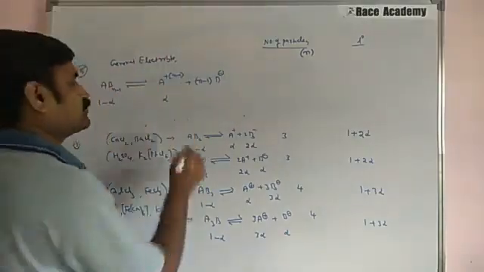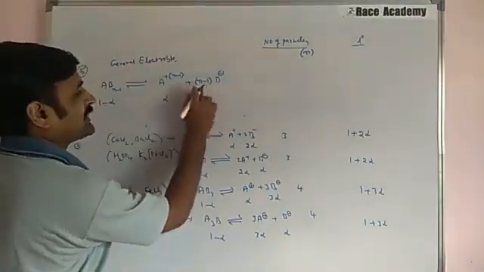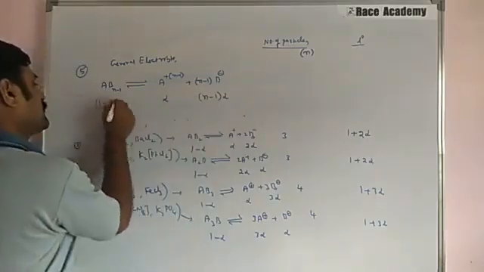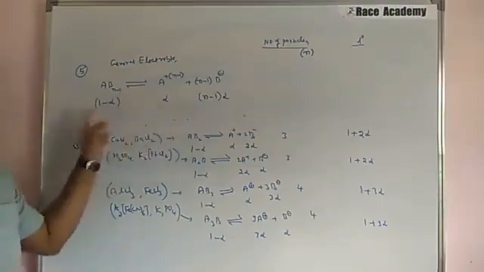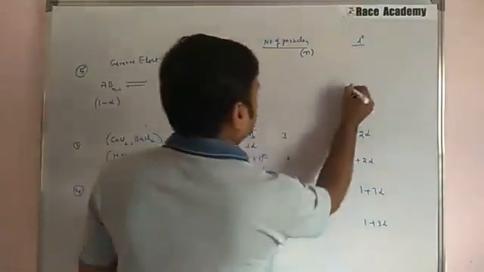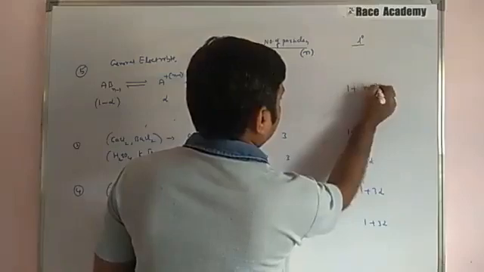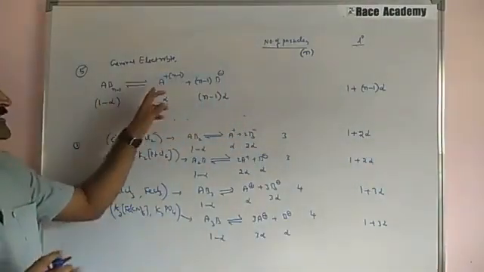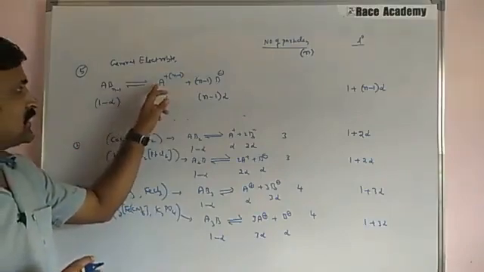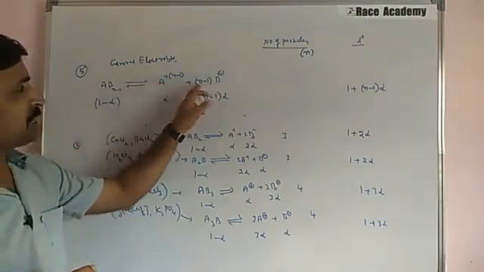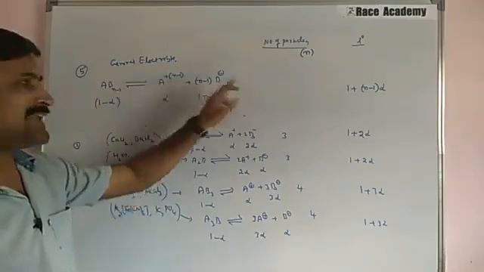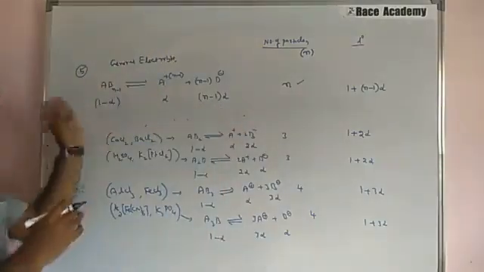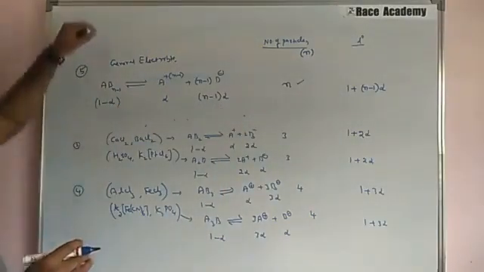Alpha into N minus 1 alpha, this is 1 mole only, this is N minus 1 alpha moles, right? So now if you add all these three, you will get the i value, that is 1 plus N minus 1 alpha. The number of particles here is N only, because A is 1 mole and B is N minus 1 mole. 1 plus N minus 1 is nothing but N only. So N is the number of particles. So this is the general formula for such type of general electrolytes.